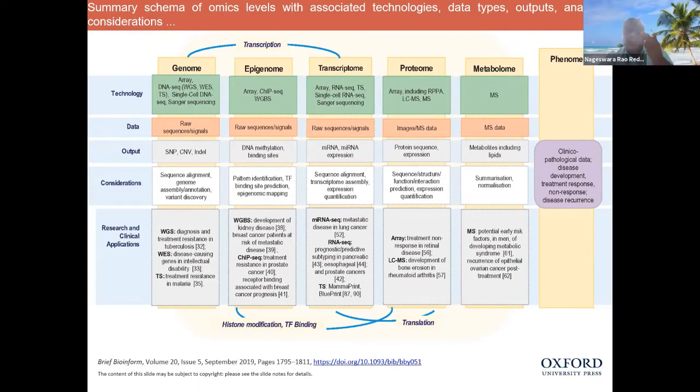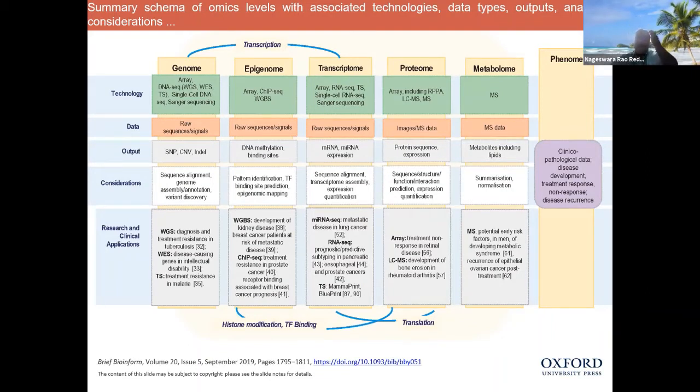Okay, and the last aspect of the high throughput data is nothing but metabolome, and here we use mass spectra and we generate mass spectra data, and what we get is metabolites as an output. And what we understand is what metabolites are there. Okay, now this is also used for understanding cancer and other metabolic syndromes.